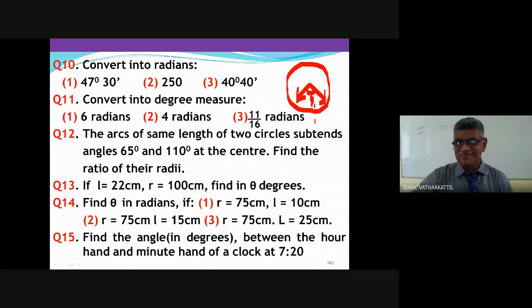Look again. Remember, what you told is the time, the angle: 20 minutes means the minute hand is at 4 here. And the angle between this 4 and 7, you told 90, that's correct. But when the minute hand moves, the hour hand is not stationary at 7. The hour hand has moved from 7. That is the point here. What he told is the angle between the numbers 4 and 7. It is 90 degrees. But what is the point?